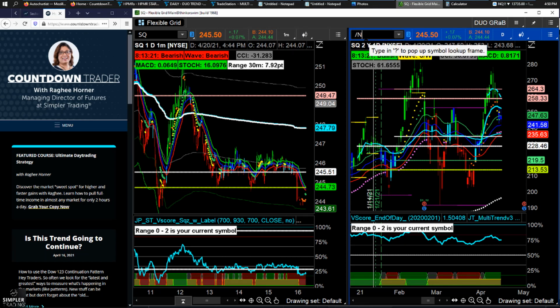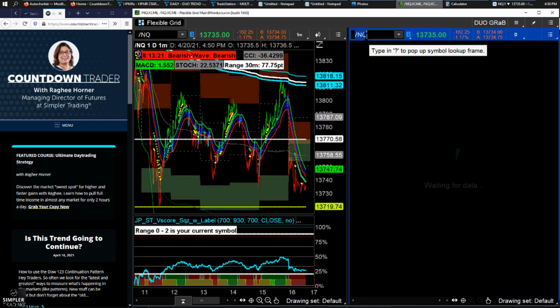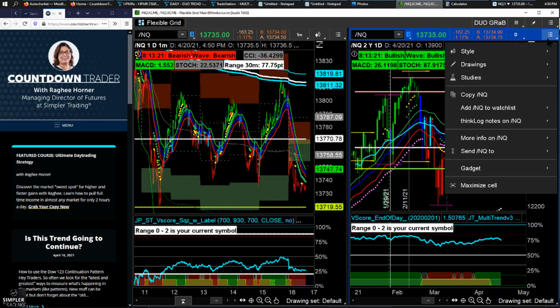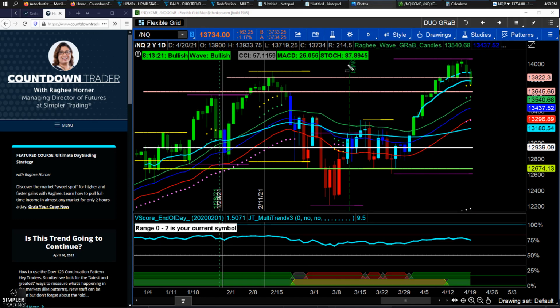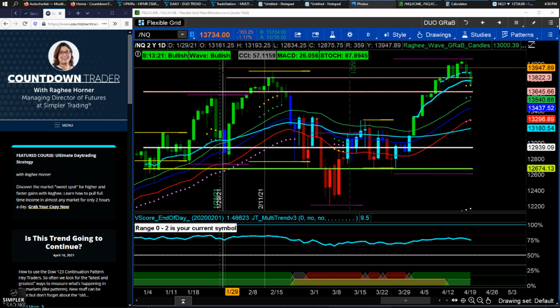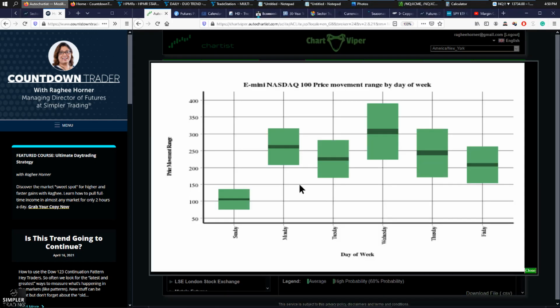So now let's jump on over to the NASDAQ futures and look at what today's range was. Now, I'm not going to include any gaps. I'm just going to look at the high to low range that we're dealing with. And on Thinkorswim, you've got this nice little range calculator right there. So I'm going to put my cursor over today's candle and you'll see there the range today was 214.5 points. 214.